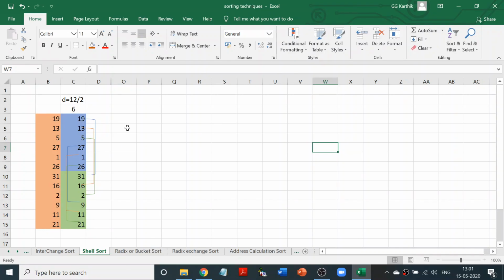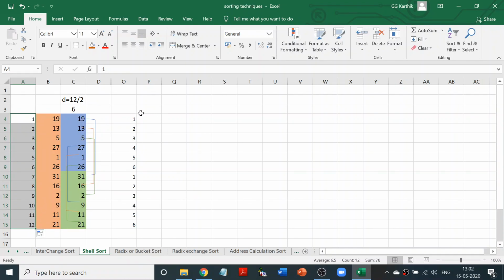Now what I'm supposed to do is compare the ones, the twos, the threes. Since it is the first step, let me show you in a little more detailed way, so that the other steps will be easier as we go. I'm going to take the elements like this. I had 12 elements, so I had 1 to 12. I'm going to divide them into two groups with 6 elements.